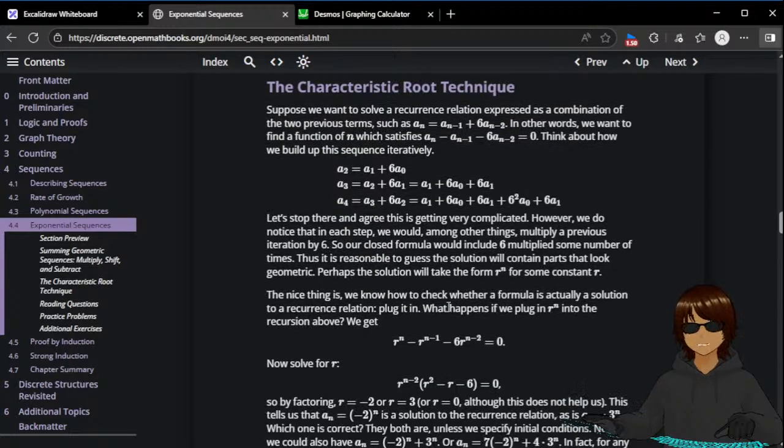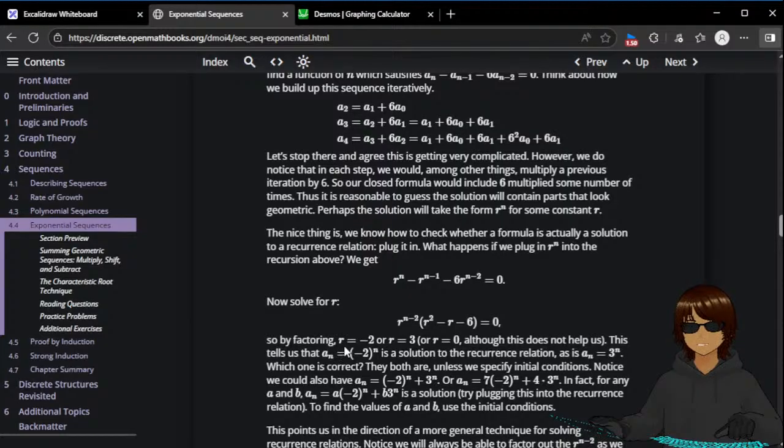The nice thing is we know how to check whether a formula is actually a solution to a recurrence relation. Plug it in. What happens if we plug in r to the power of n into the recurrence above? We get r to the power of n. Okay, so by factoring, r is equal to -2 or r is equal to 3,